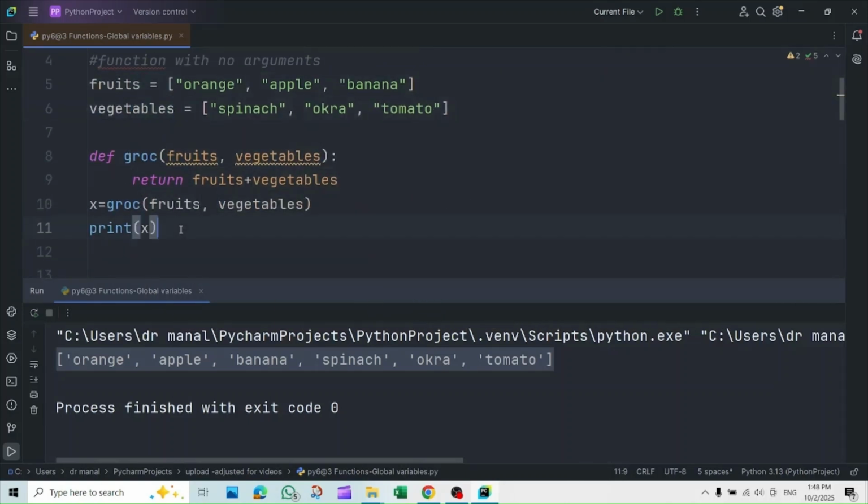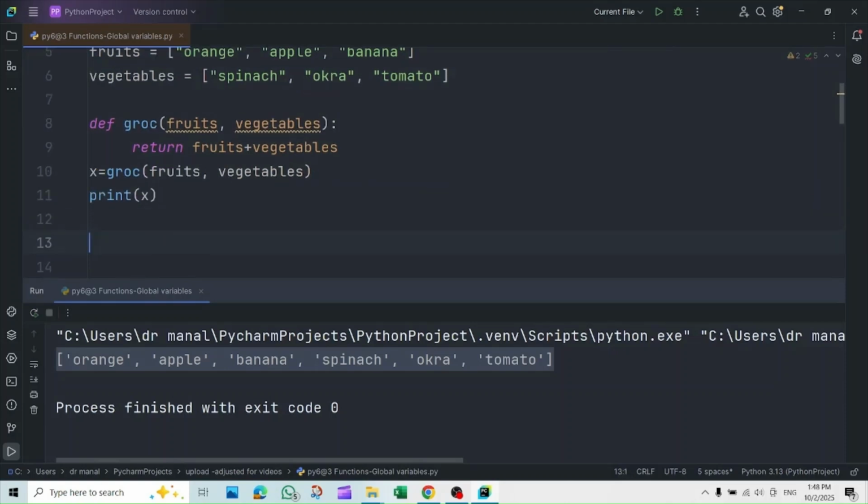So let's define another function here now. Let's have this function operate on fruits and vegetables to return the total number of elements. So let's define total, say total. And let's have here our arguments, fruits and vegetables. So let's simply copy this